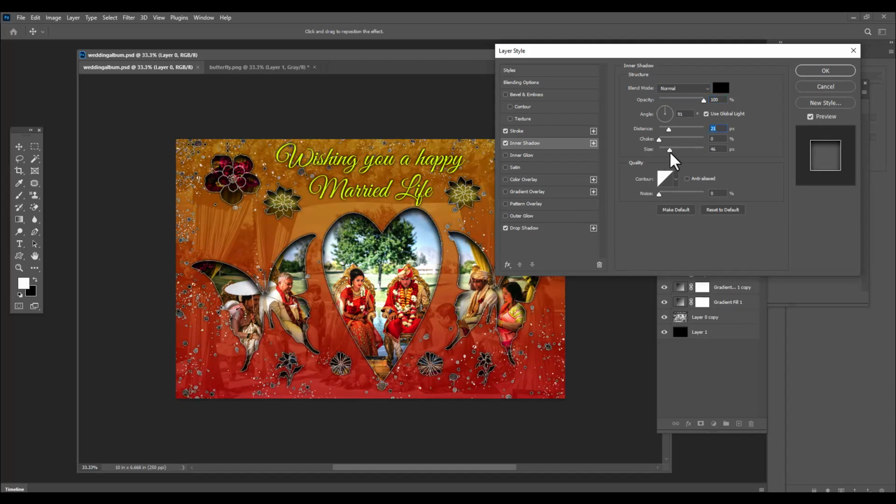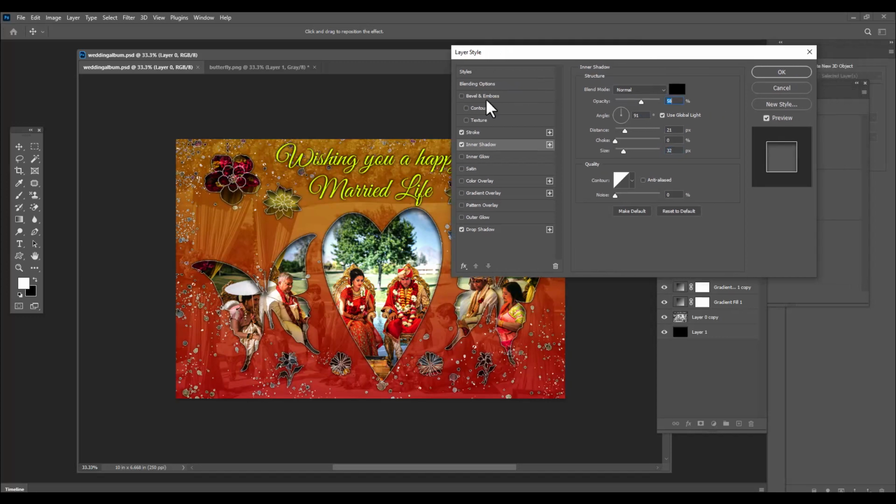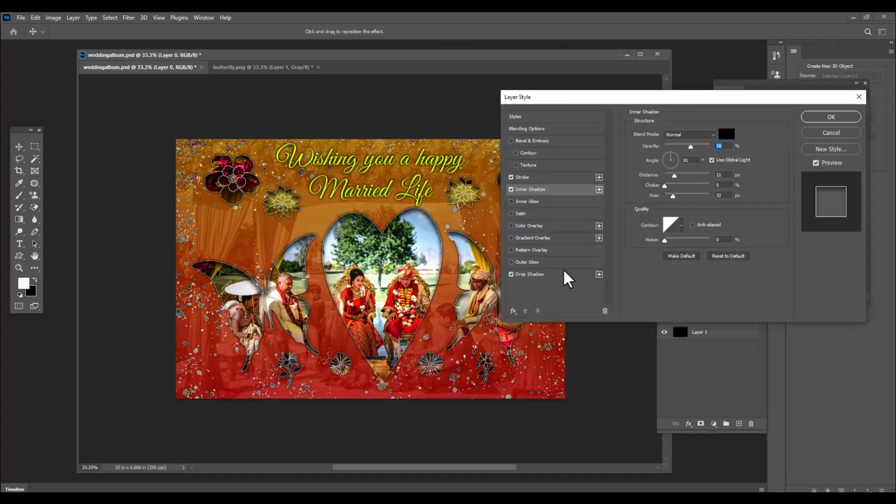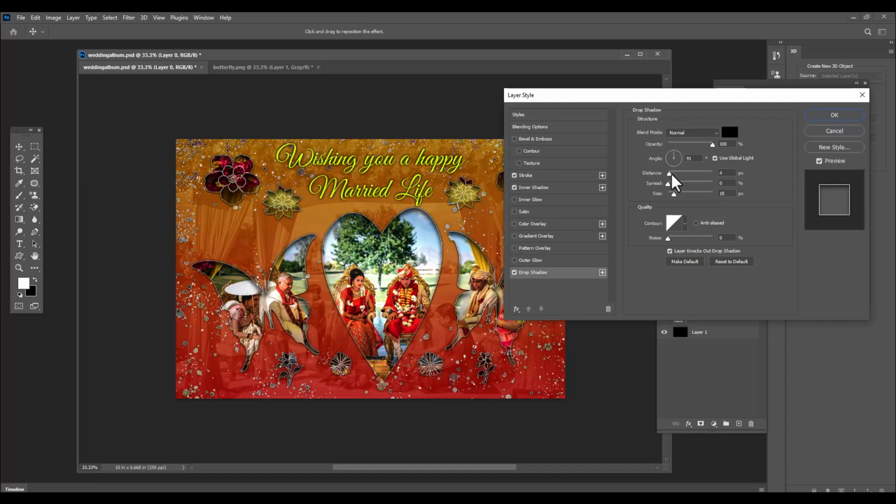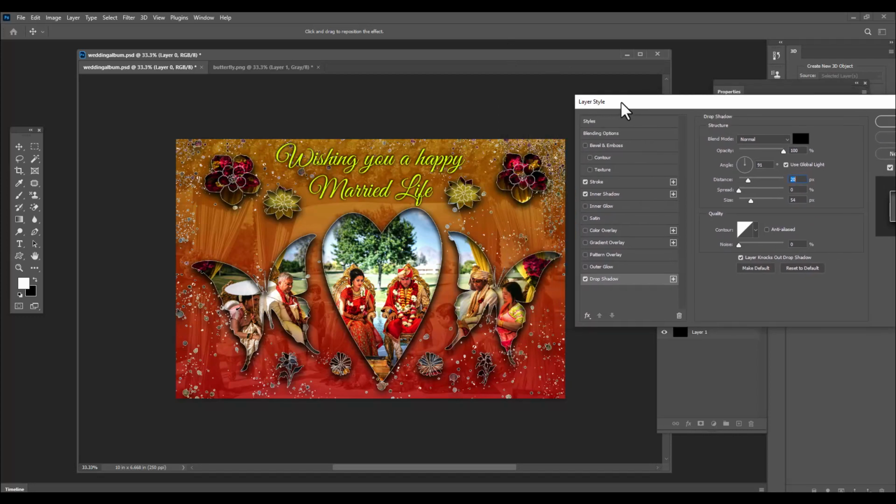So we can also slightly increase the size, and we can slightly reduce the opacity, right? We will also slightly change the drop shadow settings. We will try to increase the distance, so we can see a visible change here. We can slightly increase the size value also, but let's not increase it too much. So we can play with these settings, distance and size, so we can see how the shapes are appearing. Right,